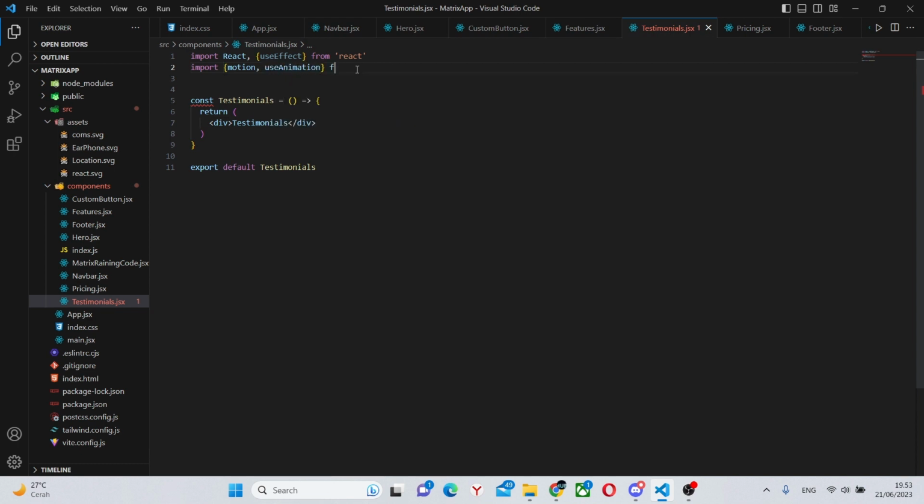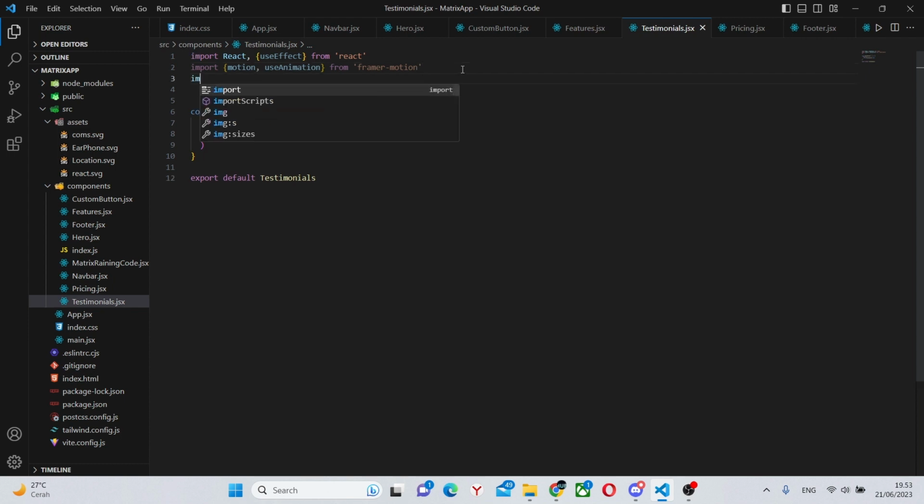In here, we'll be using a slightly different approach of animating our component. It's still going to be using framer motion, but with a use effect, and simply pasting it into our animate parameter. You'll see which one you like best for yourself. And we can say import custom button, and we're done with our imports.